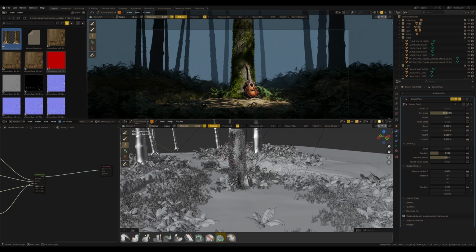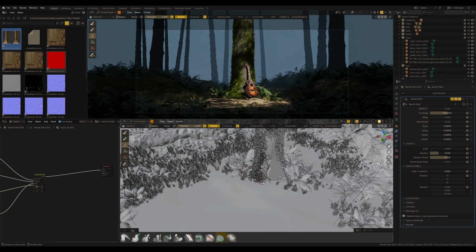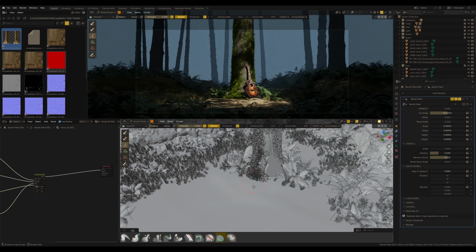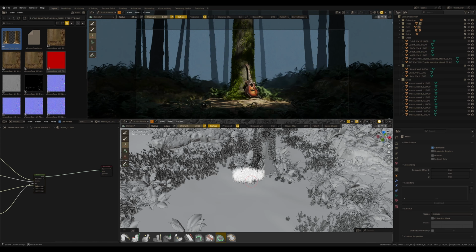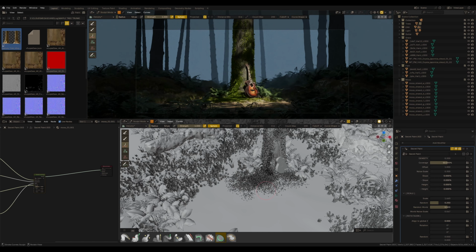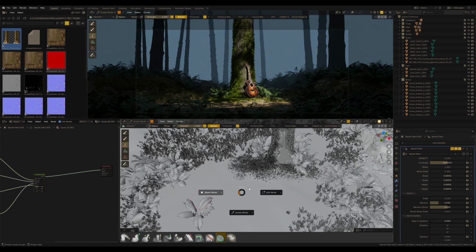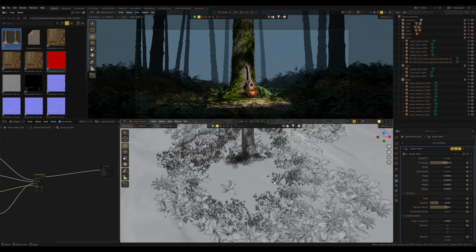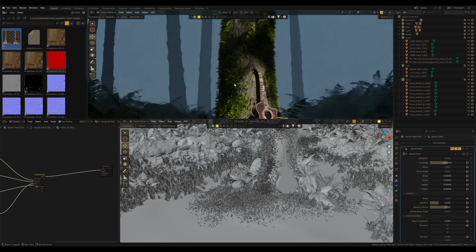To create a smooth transition between the ground and the trunk, I want the moss to blend from the ground into this trunk, into this tree. I think this will look much more natural. So to do this, I switch to the ground and paint the same moss around the base of this tree. This creates a green island in our post-apocalyptic world, something like this. And you can see it forms a smooth, natural transition between the ground and the tree.